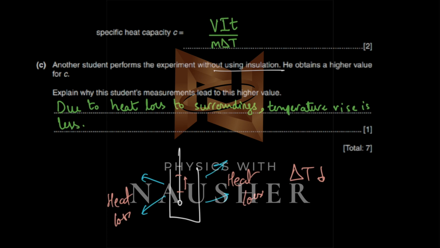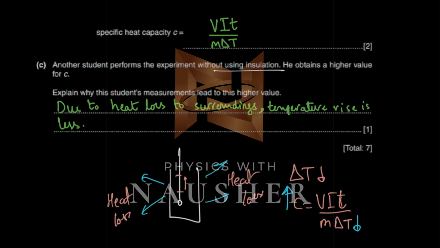And if you look at the formula, c = VIt over mΔT, where ΔT and c have an inverse relationship, you can clearly see. If your change in temperature has become less, then what will happen to the value of c? The value of c will be higher. So that is what we're saying, that due to the heat loss to the surroundings, the temperature rise is less. And because the temperature rise is less, therefore your heat capacity will be more. So if you use an insulation, the temperature rise will be more and the heat capacity that you will measure